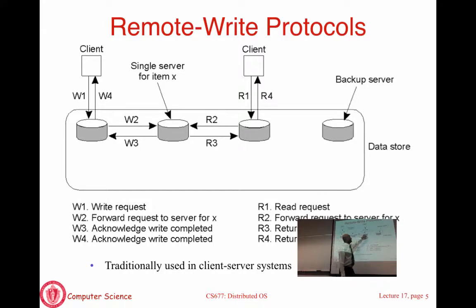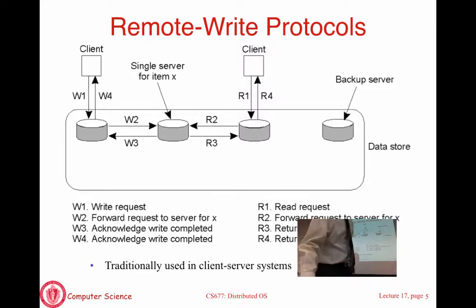Here are two clients. They're connected to two other replicas. So what you will see by and large is that whenever a write comes in, the write eventually has to go to the master, and then the master is going to send it off to other clients, other replicas. Okay. There are a lot of acknowledgements and all of that here that you can ignore, in this picture taken from the book. But essentially what it says is, if you send a write in a primary based protocol to any of your local replicas, it has to send it off to the primary. It is the primary's job then to actually send it off to other machines.